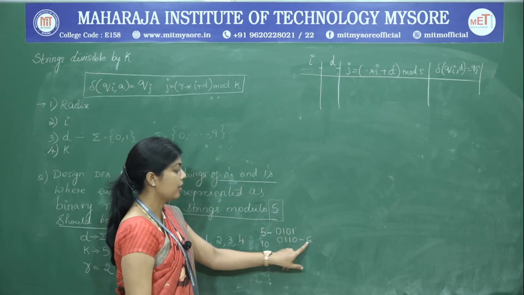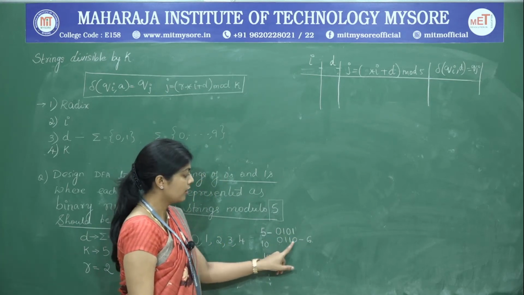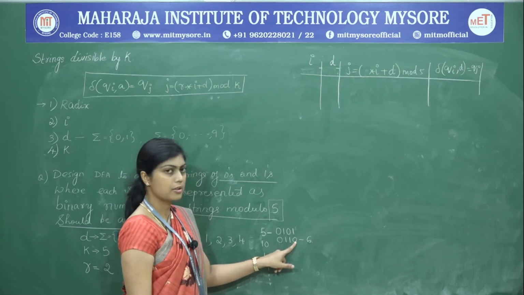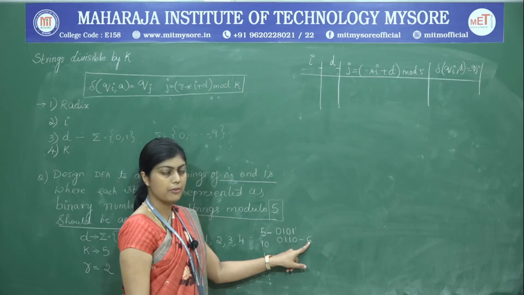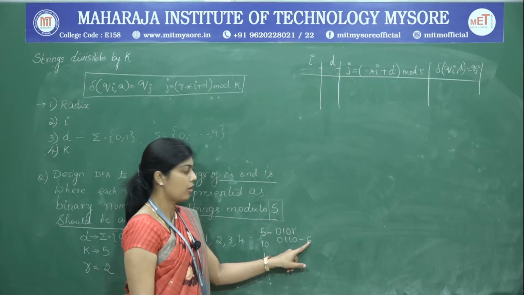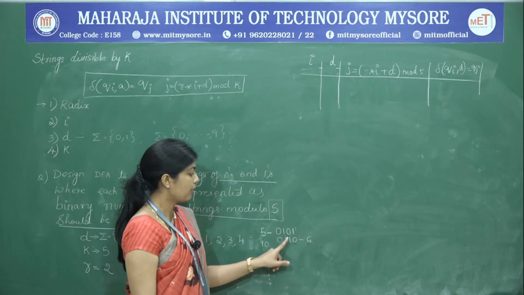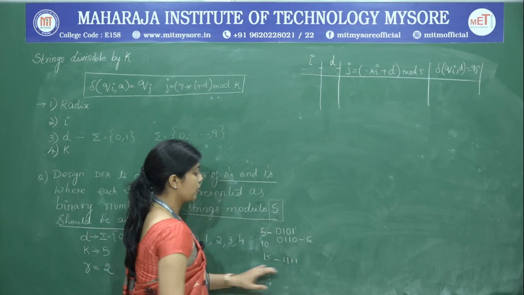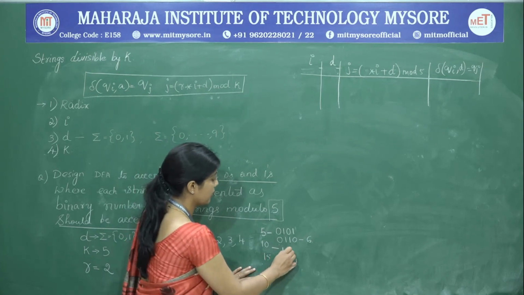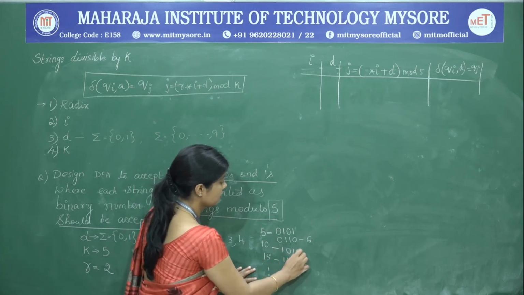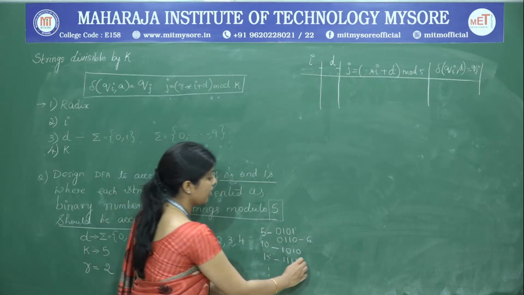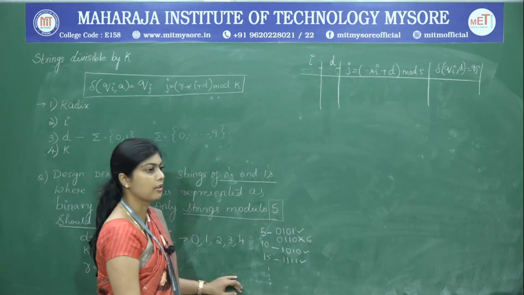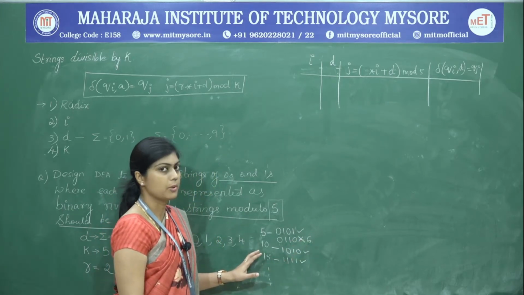So this binary number represents 6. Therefore, this number has to be rejected by the DFA, because when we divide this binary equivalent 6 by 5, we do not obtain the remainder as 0. So all the multiples of 5, such as 0, 5, 10, have to be accepted, and 15 has to be accepted. So these three have to be accepted and this has to be rejected. So this is the idea behind designing the problem.